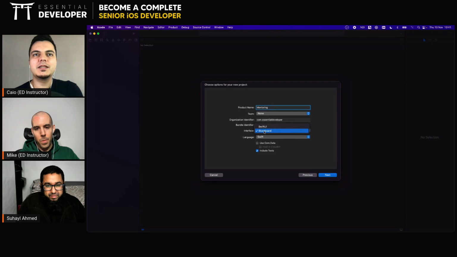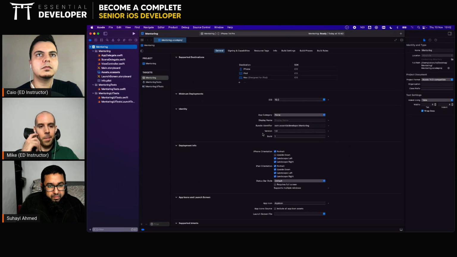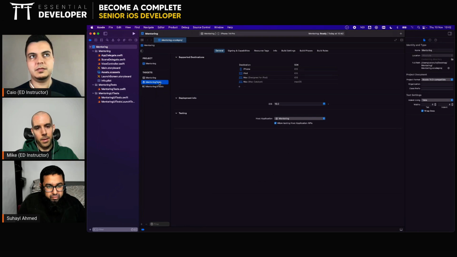So you want UIKit. Yes. Swift, include tests? Yes. All right. So create a new project, I already get an application target because it's an iOS application project template I used, a testing target, and a UI test target.